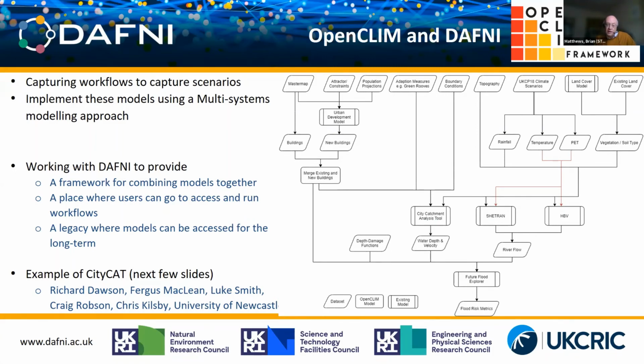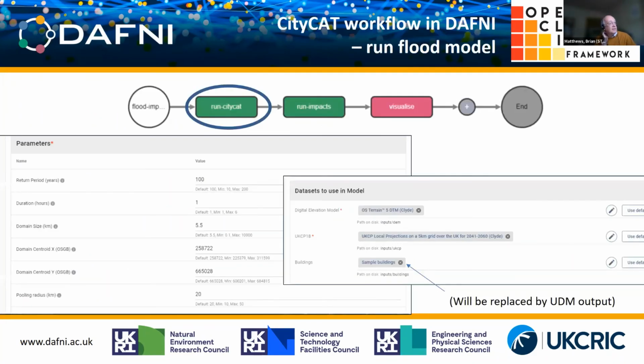It's also an example where we've been looking at particular use cases, in this case the Clyde catchment. So this is an initial run of part of that workflow, particularly the CityCAT part. A simple initial workflow where we set up the CityCAT model with particular regions, looking at particular 100-year flood events, I think this is, for a number of hours in a particular region, bringing a number of datasets into that model,